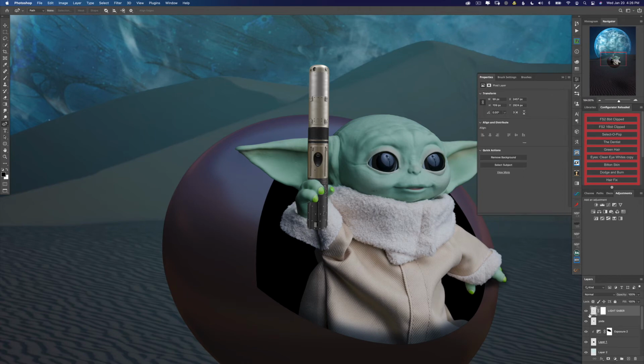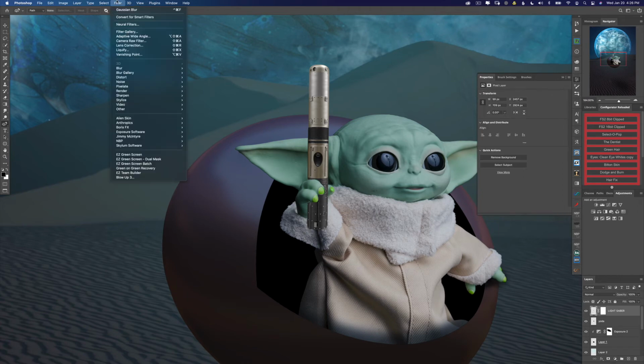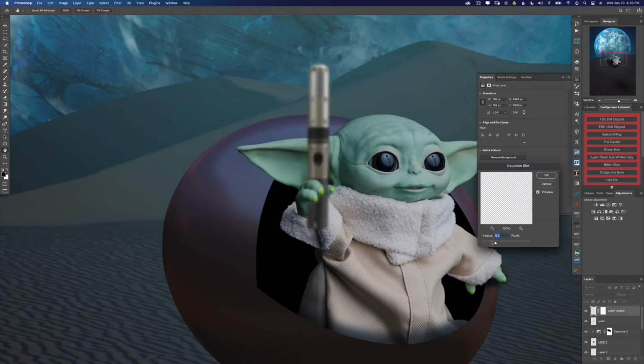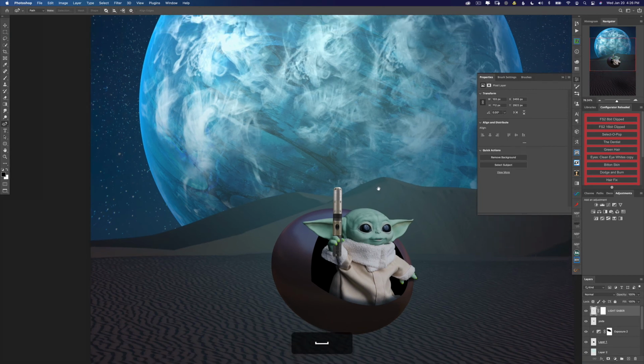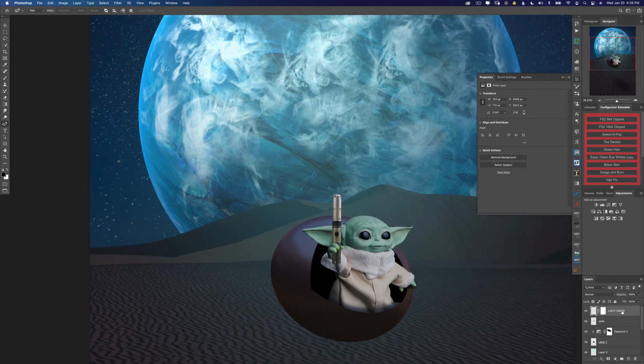Now let's blur the lightsaber handle just a little bit because it's not really matching the blur of Yoda. Just a tiny, tiny little bit. There we go. And we are ready to add the actual light part. So let's make a new layer, and we'll call this the